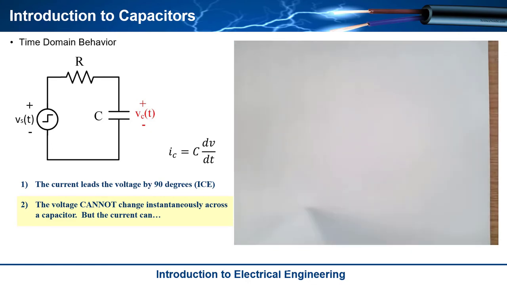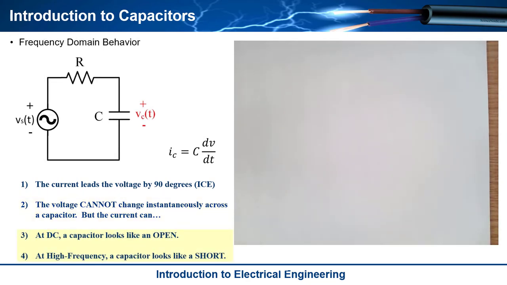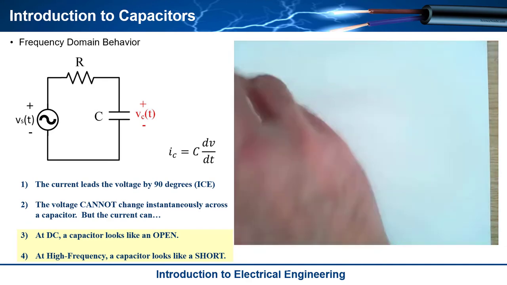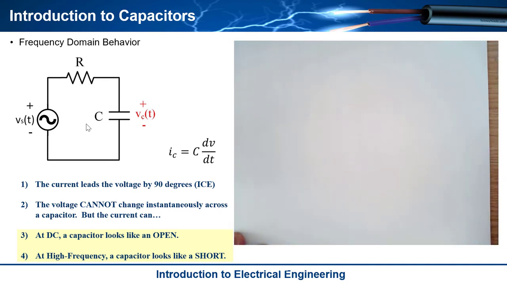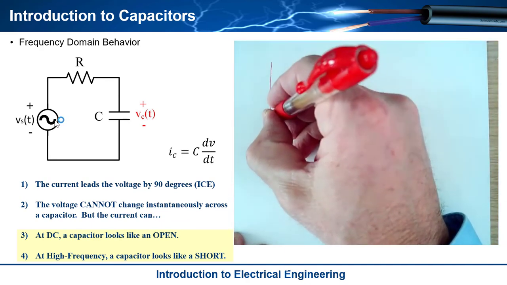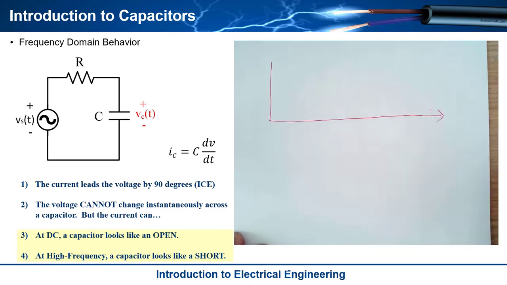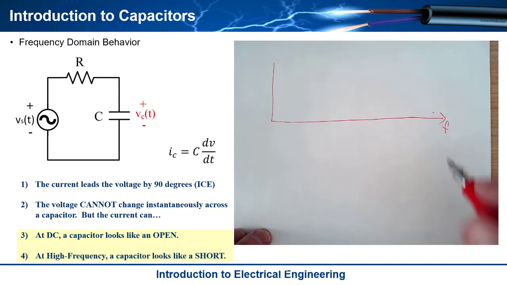All right, so the last thing that we look at with capacitors is how it behaves in terms of its effective resistance when it's at a low frequency versus a high frequency, okay? Consider that I have a circuit that looks just like this, and I'm going to drive in a sine wave. What I want to do is plot across frequency. This is kind of a new way of looking at things. Usually we have time on the independent axis, but now